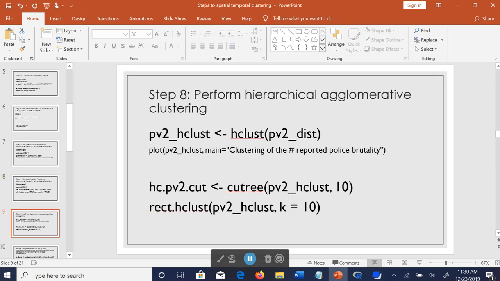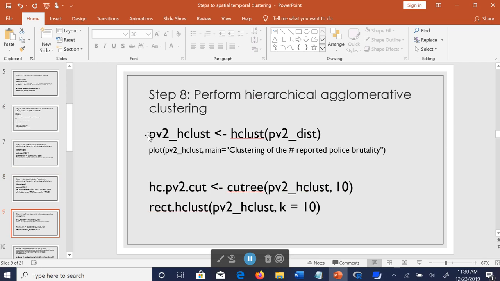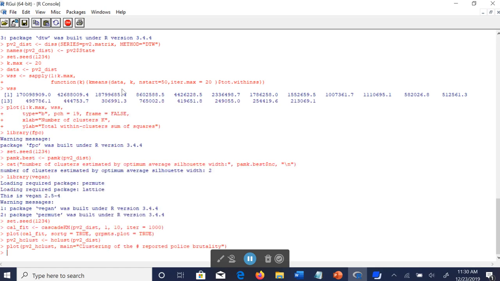And because we want to even things out, okay, I'm ahead of myself here. Let's go back a step. After we determine the optimal number of clusters, according to all these criteria, they suggested anywhere between 2 to 10 clusters. The next step would be to perform hierarchical agglomerative clustering. We copy this sentence over. Control C and Control V. And go to Windows, click on the second thing,